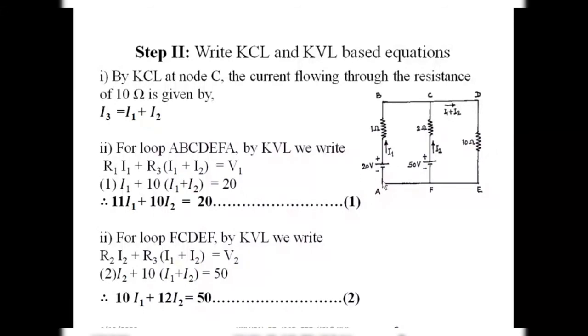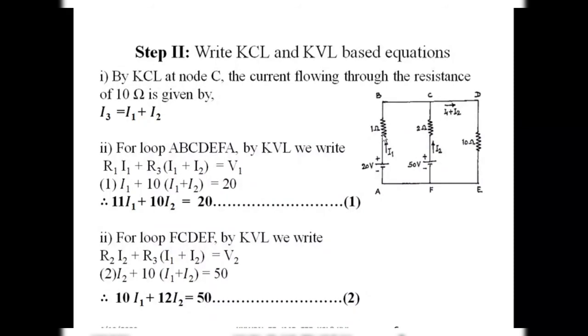First we will take this branch AB. Through the branch AB we see that there is only one resistance, that is R1 here. The current is I1, so its voltage drop will be R1 into I1. Now this voltage drop is positive because in the direction of the current the voltage is going to fall down. That means on this side there will be higher voltage, while on the B node side there will be low voltage.